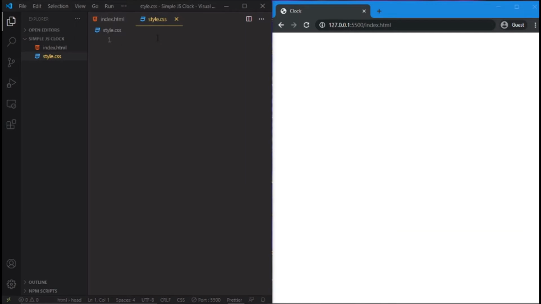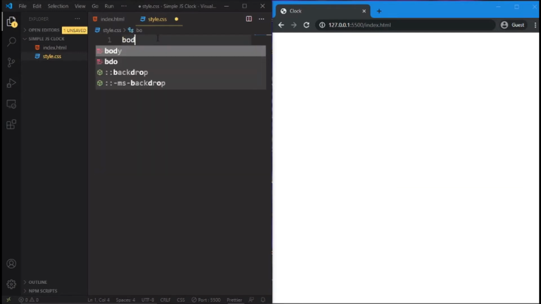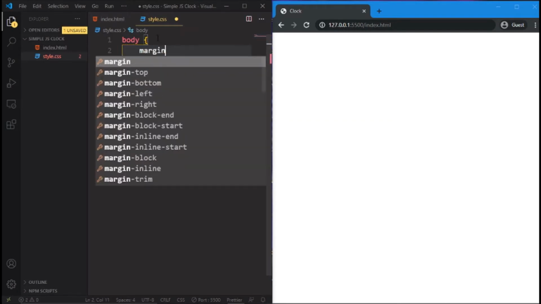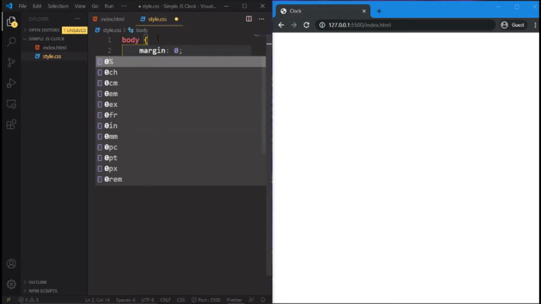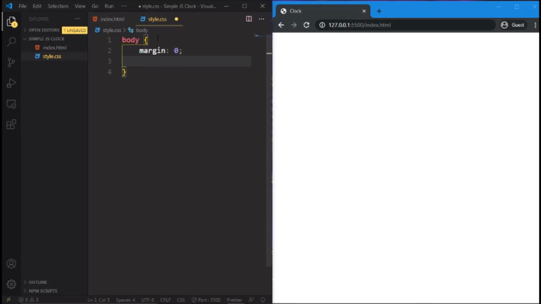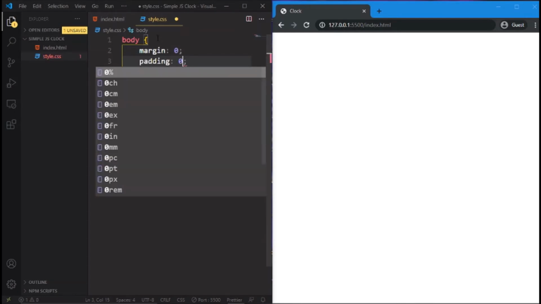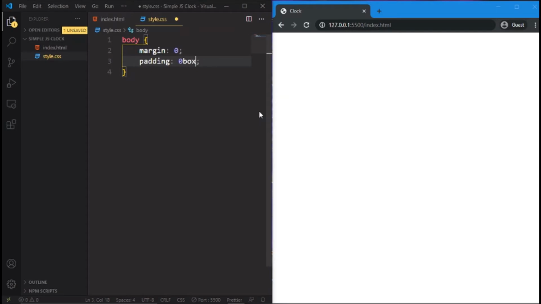Alright, so we start with the body, and in the body margin 0, right, and after that padding 0, yes, and box sizing, oops, sorry guys,